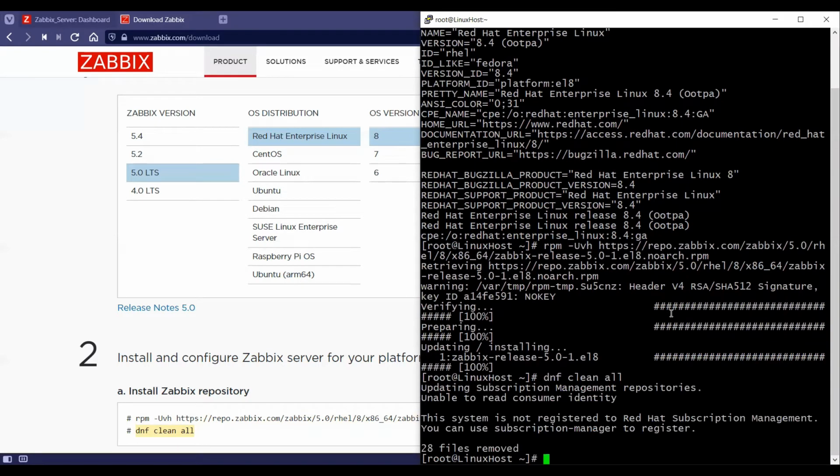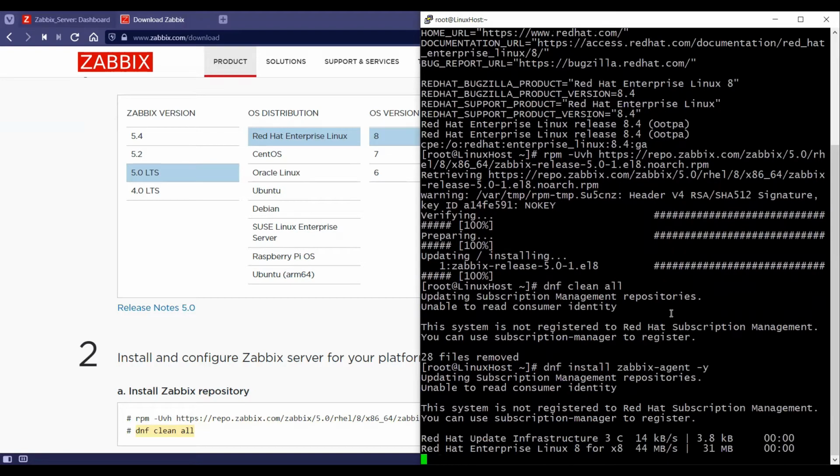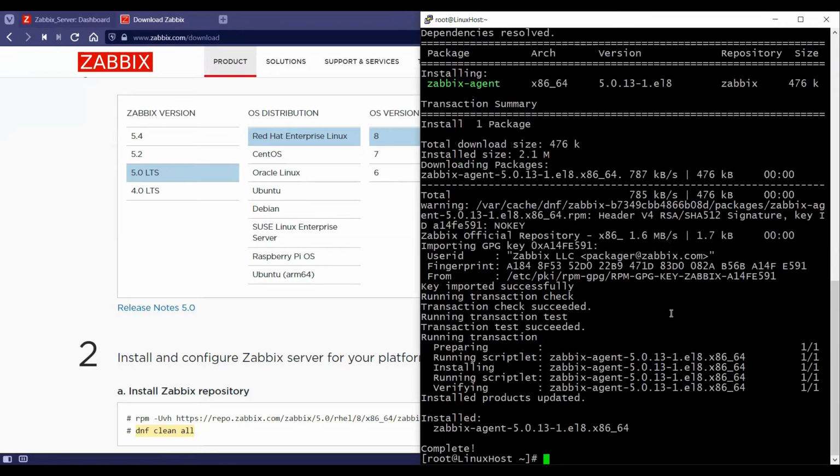Once step A is complete, we have successfully installed the Zabbix repository on our client. Now we need to run dnf install Zabbix-Agent -y in order to complete the Zabbix agent installation. Once the agent installation is complete, we will head to the directory